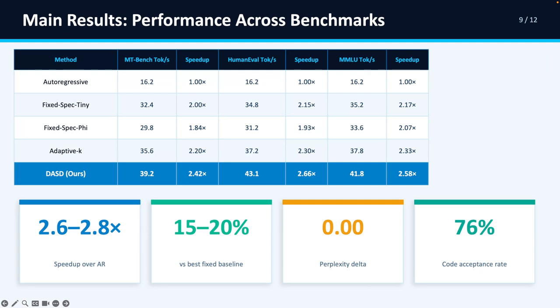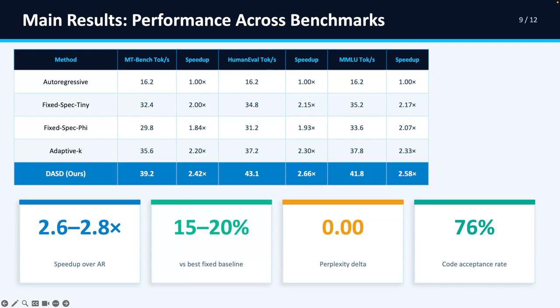Let me walk you through the main result carefully because I want to highlight what is and is not surprising. Headline number: DSD achieves 39.2 tokens per second on MT-Bench, a 2.42 times speedup. On HumanEval, it reaches 43.1 tokens per second and a 2.60 times speedup, and on MMLU, 41.8 tokens per second for a 2.58 times speedup across all benchmarks. DSD outperforms every baseline, including the best speculative decoding method,